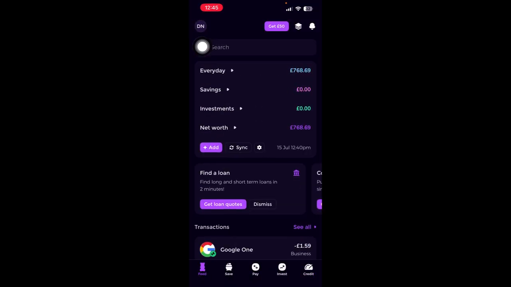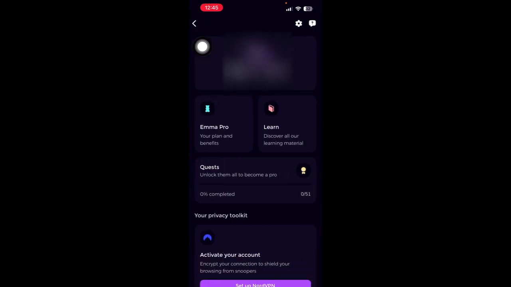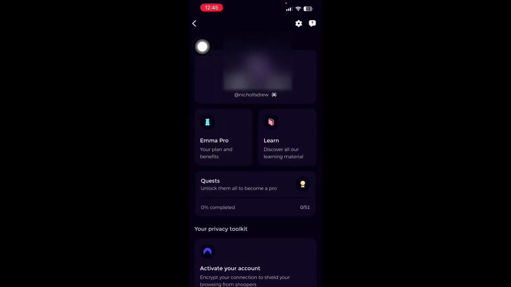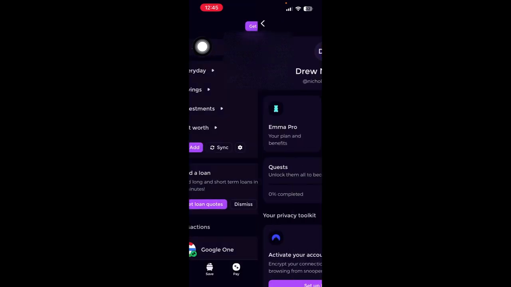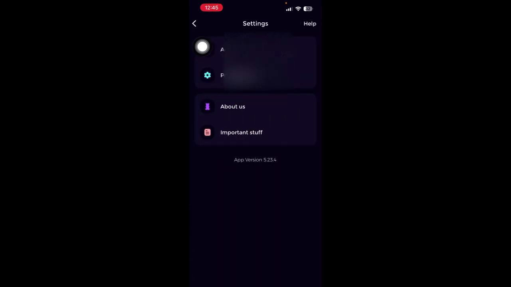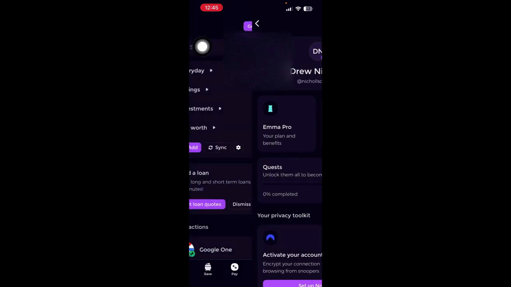So yeah, overall, this app is great. I've not seen an app like this that good with all these aspects that we can use. Again, if you click on the top left-hand side corner, you can go ahead here and access your account settings. And yeah,